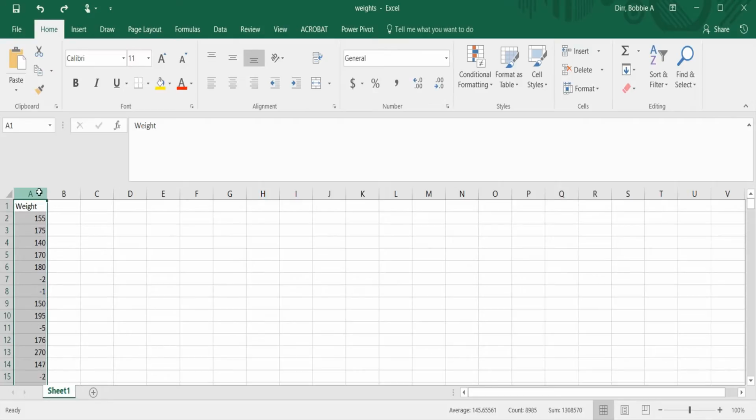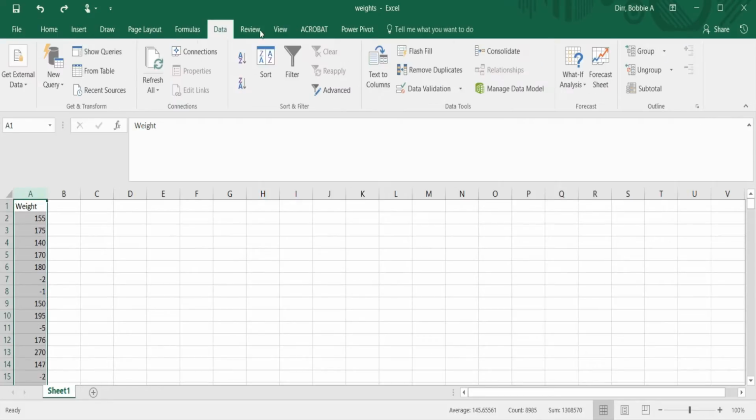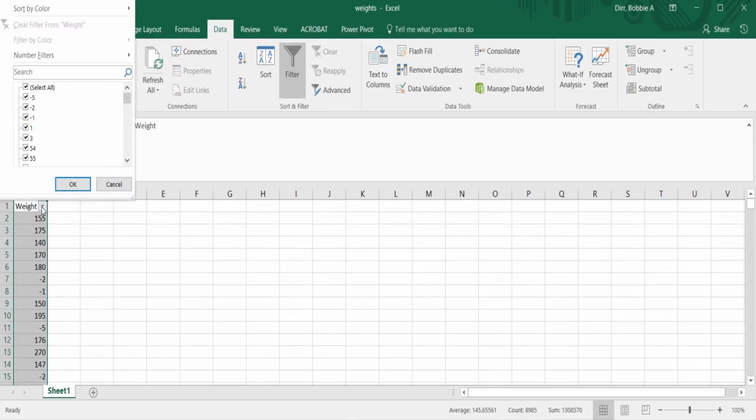So highlight that column, and then we're going to go to Data, Filter. And then you see this little arrow pop up here, and I'm going to click on it. And you should see the negatives pop up first because this is in numeric order. So I'm just going to check all the negatives and leave the other ones. I'm also going to check the 1 and the 3